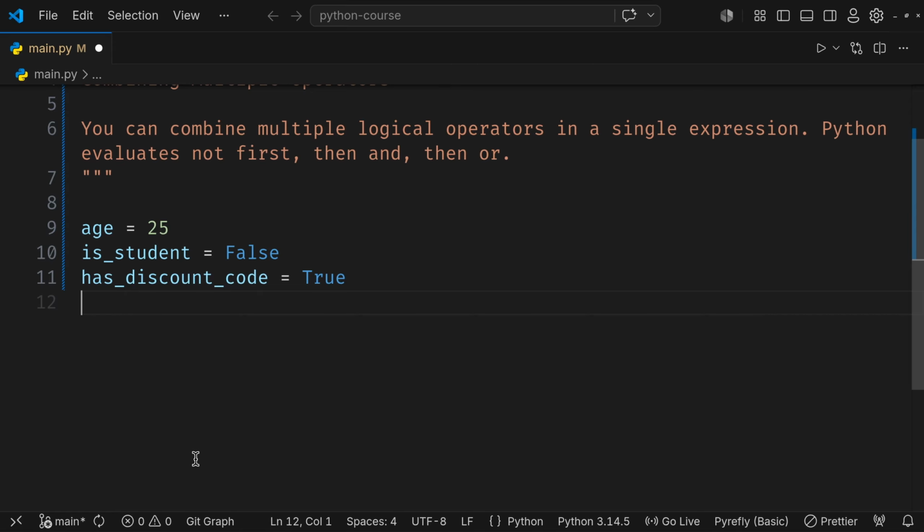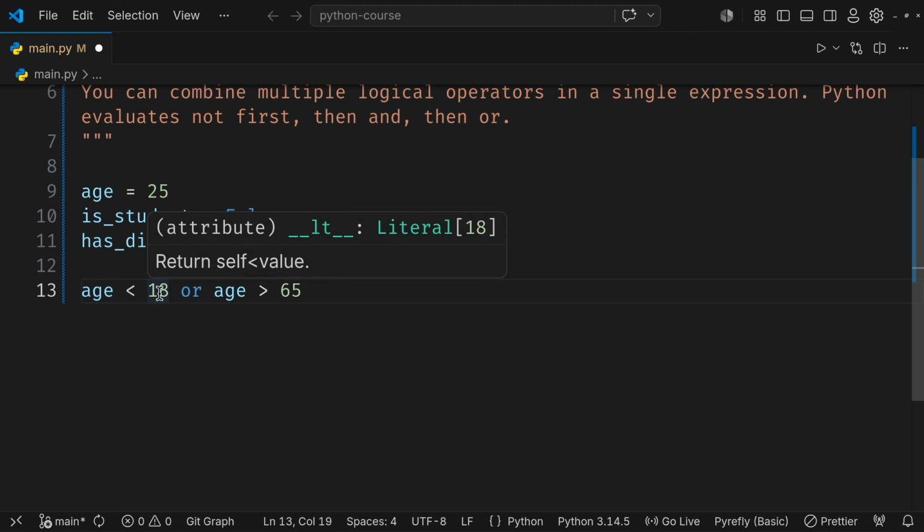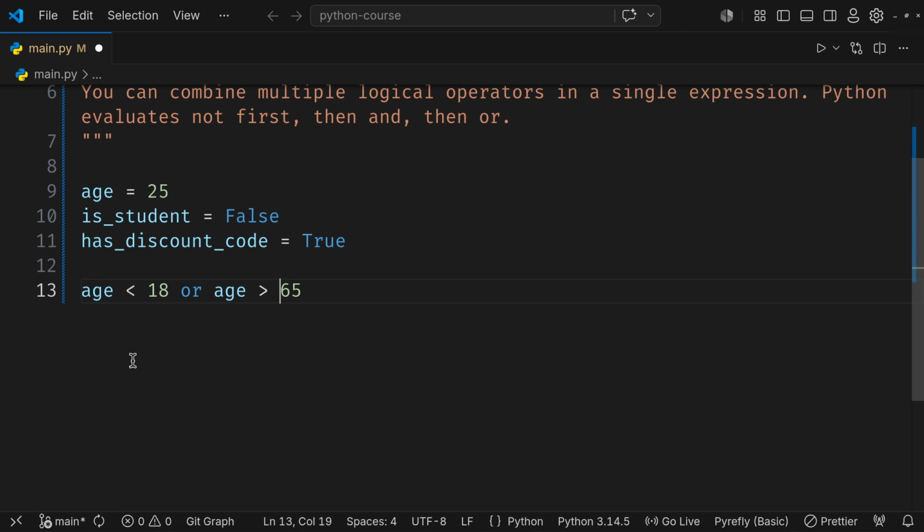So let's do something like this. The age we have, if that is less than 18 or age greater than 65. So what exactly does that mean? If the age is less than 18, that means that person is a teenager. If the age is greater than 65, that means that person is an older citizen, right? So if that is the case,